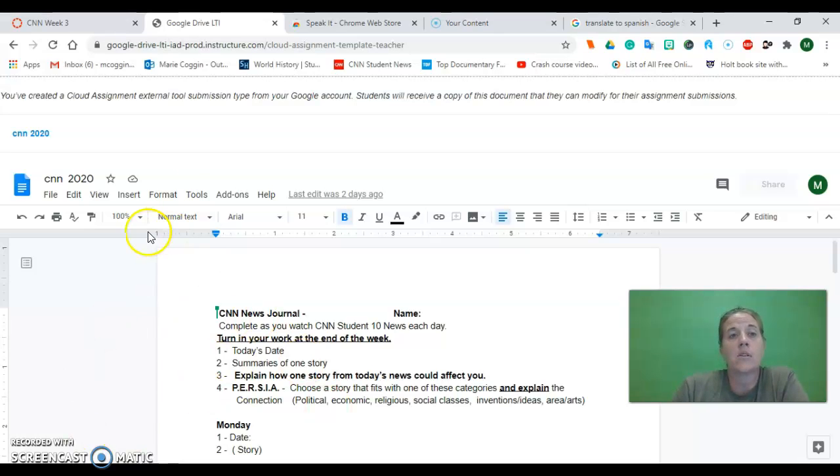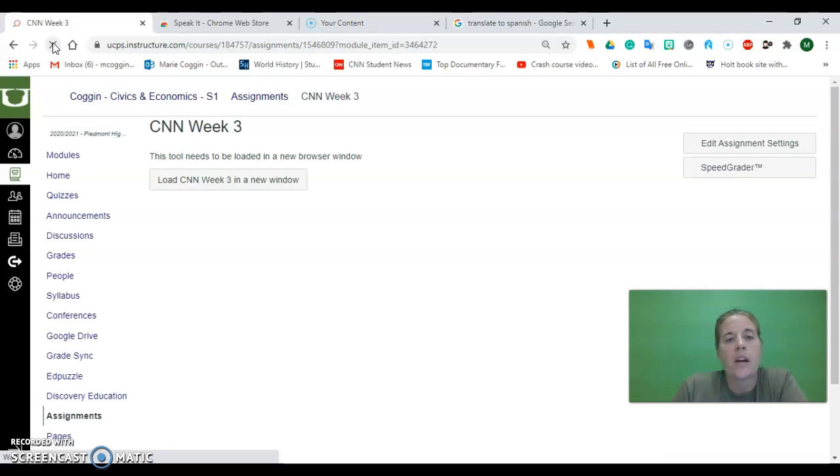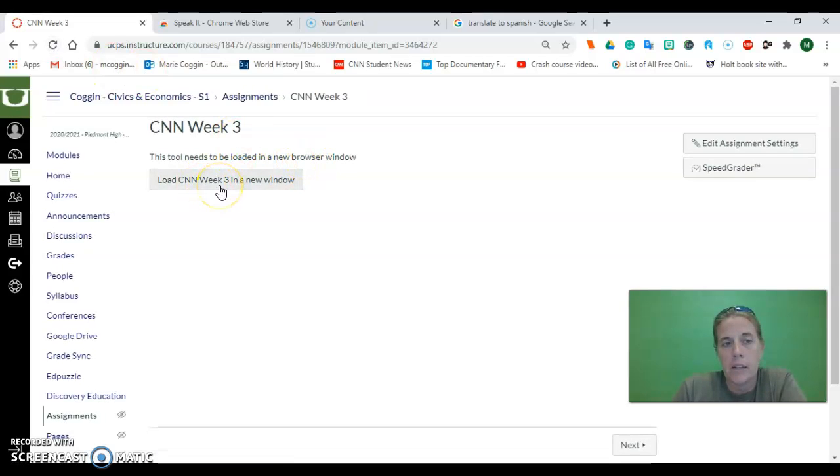But anyway, so this is the new way I've told you to open it. But here's the kick. So if I come back here and I forget I've opened it, it says it's not here again. I got to go reload the page to access the tool again because it's already opened in a new browser. So if I want it again, I've shut out of it accidentally. I just have to refresh and look, there's my button again. All right, so next for the day,